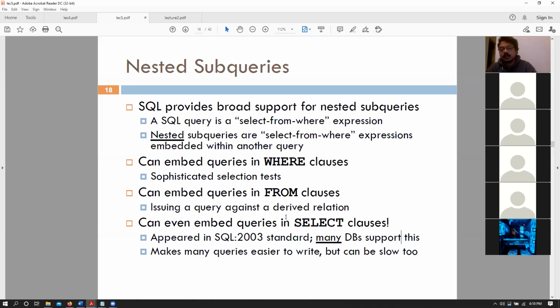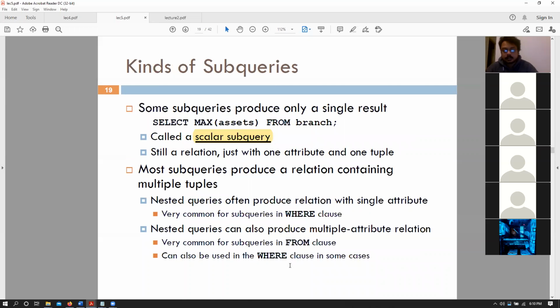So when we have SQL subqueries inside our where clauses, it allows us to execute very sophisticated queries on our selection mechanism. Right? We will see some examples next, but essentially we are able to use nested subqueries in our SQL queries. But before we do that, let's talk about subqueries a bit more.